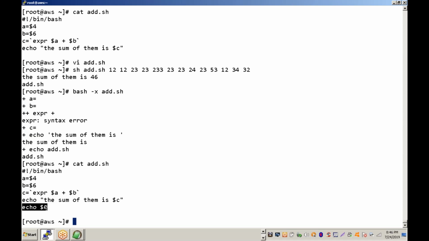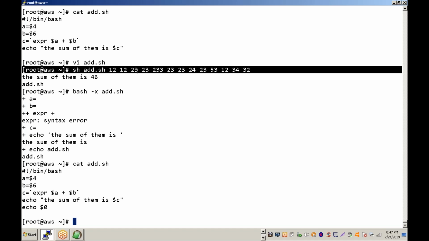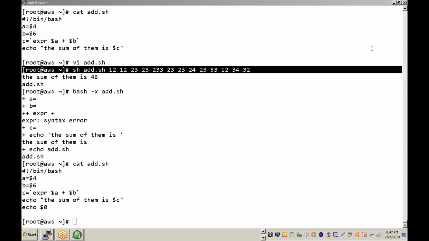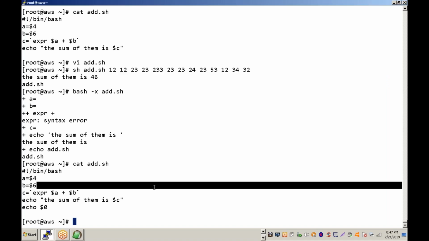Finally, I said $echo. $echo means where it is. This is add.sh. What is add.sh? Already I said to you, this is $0, $1, $2, $3, $4. So it took that argument from the command line. So no need to manually involve to execute that particular script. Okay, next thing is